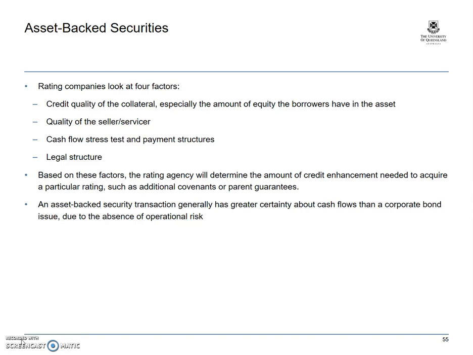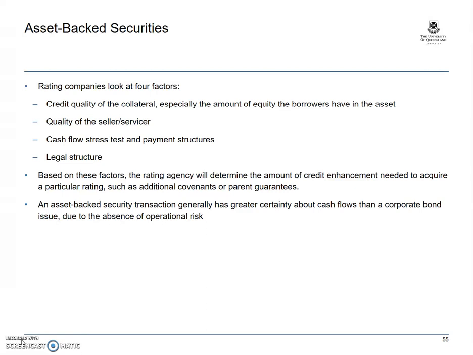Just for completeness, we want to cover some of the other debt-like instruments which you may come across in your career. A very common form of debt security is called an asset-backed security. Here we could be talking about banks which have securitized mortgages and then created instruments and sold them off. In this case, the debt securities are backed by a whole portfolio of mortgages. Some of the key things that rating agencies look at here is the credit quality of the collateral,